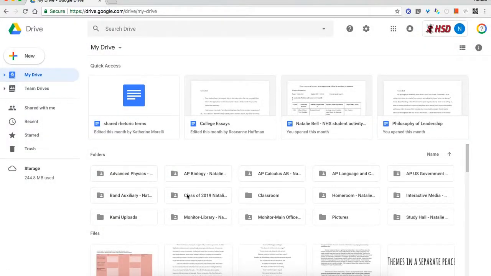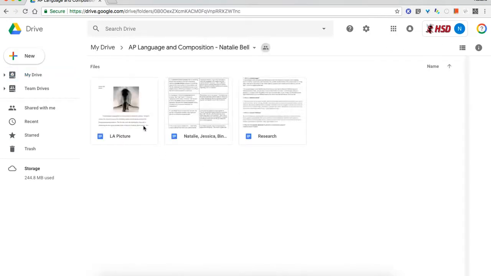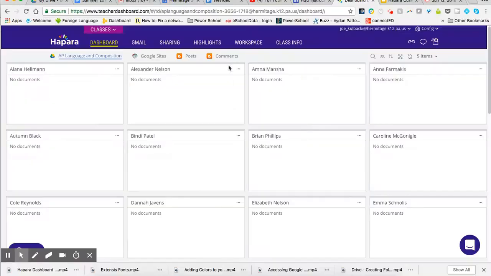A folder has been created, as well as this AP Language and Composition. So if I click on it, you'll see here are some of the documents that either she inserted there or Mrs. Hoffman shared with her. So I will go back to my